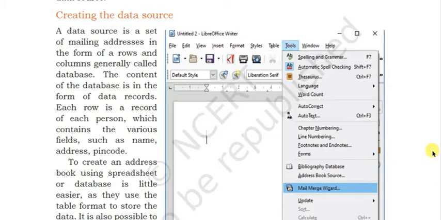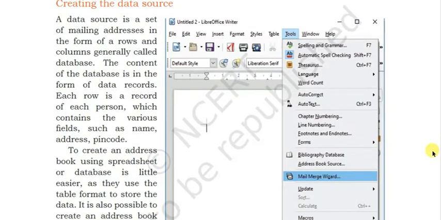Each row is a record of each person, which will contain various fields. It can be the name, address, pin code, phone number that you will include in the mail. To create an address book using a spreadsheet or database is a little easier, as they use the table format to store the data.